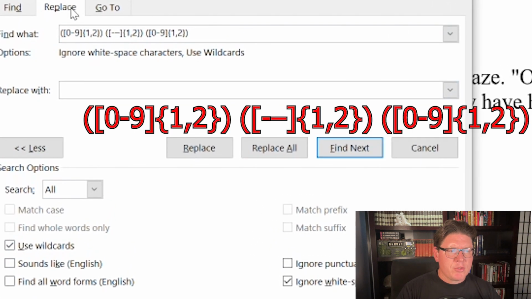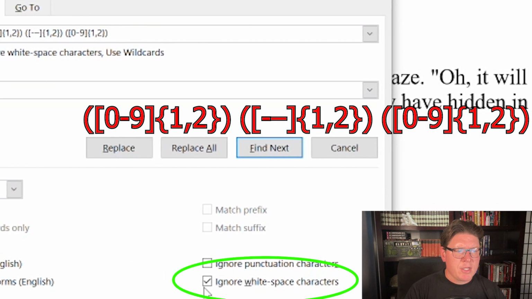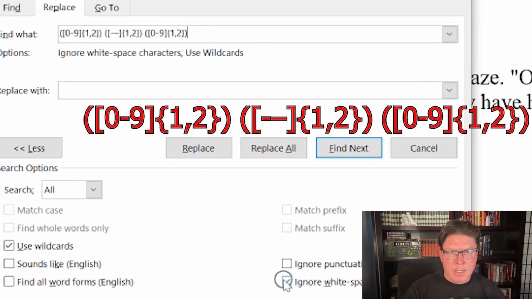Okay, and what you do is when you go to your find and replace, you'll notice down here there's an option that says use wildcards. Okay, and I'll explain what this all does in a second. I'll zoom in so you can see these values and copy and paste it into the find what section here. And then what you'll see is that you have used wildcards. Down here, you want to make sure you select ignore white space characters, okay? Because we want to make sure we're not looking at empty characters,